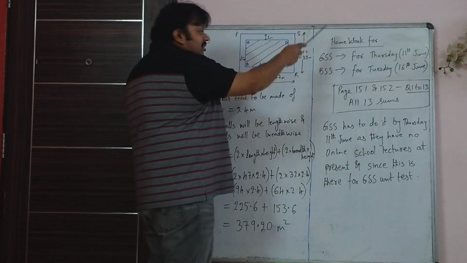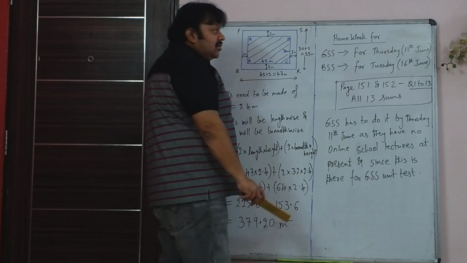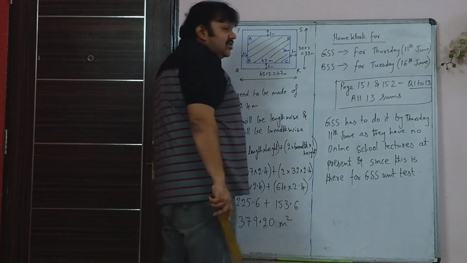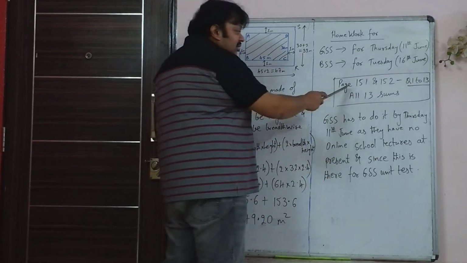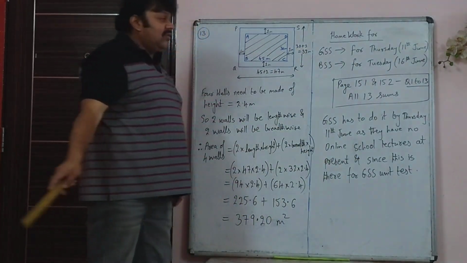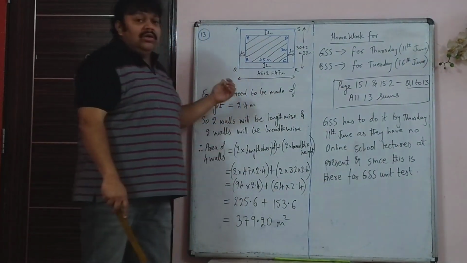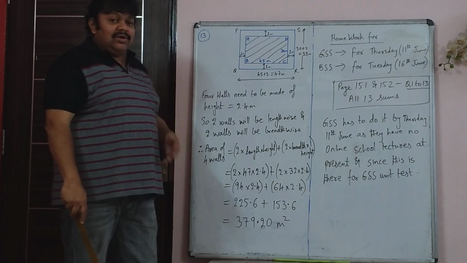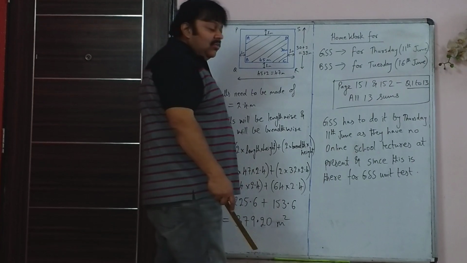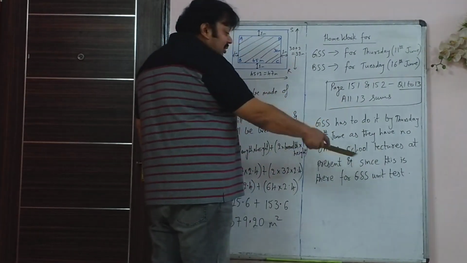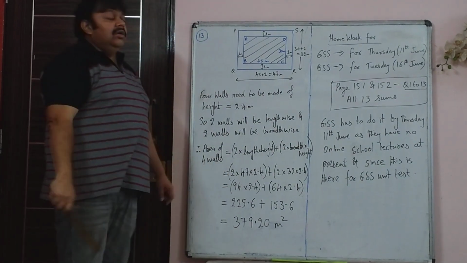Now homework based on quadrilaterals, Gopal Sharma will have to do it by this Thursday, that is 11th, and Bombay Scottish can do it around say by next Tuesday, that is 16th. So it is page 151 and 152 of your Anish tutorial book. All the 13 homework sums which is based on quadrilaterals. First learn the classwork, practice that, and then attempt the homework. Don't directly jump to the homework. So GSS has to do it by Thursday, and for DSS it is comfortably next week by Tuesday.